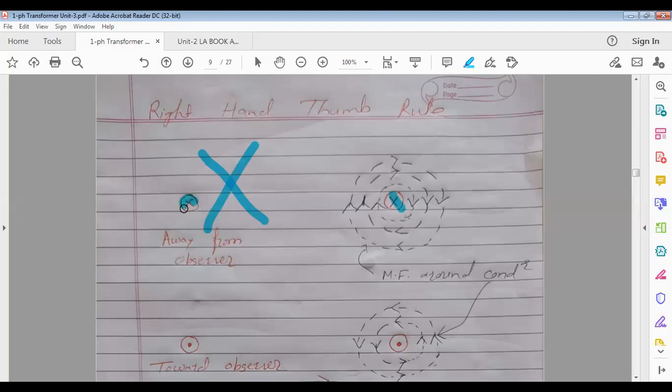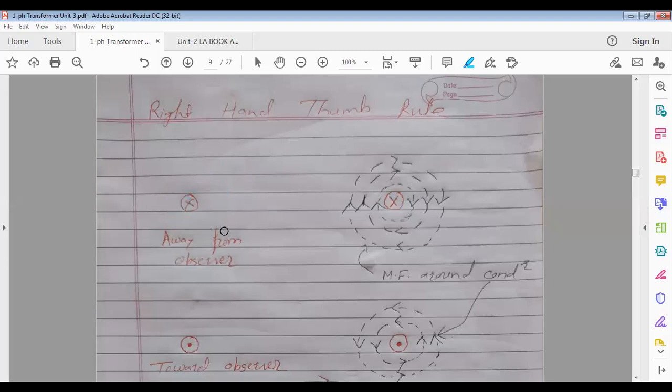This circle is nothing but the cut section of the conductor, through which current is flowing. Cross is represented. What does the cross indicate? The current direction through that conductor. The current is moving away from the observer. When an arrow moves away from you, you see its tail. That's why arrow conventions are used. Cross means current is moving through that conductor away from the observer.